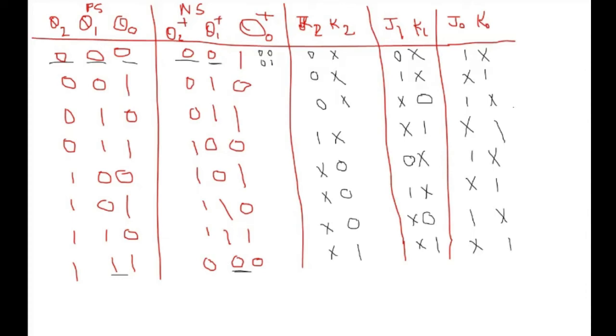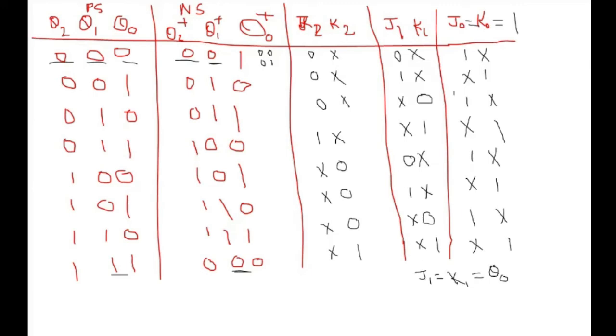So from here you can say your J naught equal to K naught is equal to 1, because in this the total pairing will be done, right? With the don't cares, you will be having a pairing of 8. But you have to solve the K map, so J naught will be equal to K naught equal to 1. Solve the K map for J1 K1 and J2 K2 and find the values. When you solve it, you will find that J1 K1 is equal to Q naught only. So here you need to solve the 3 variable K map where inputs are Q naught, Q1, Q2, and total 6 K maps: 2 for J naught, K naught, then 2 for J1 K1 and then 2 for J2 K2.